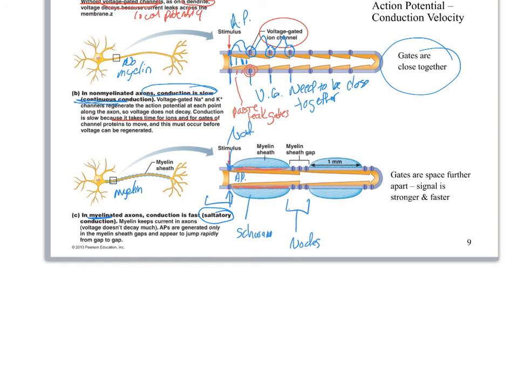But because there is no leaking, this signal gets all the way over to here where I have new voltage gates before it fizzles out. We pack in a whole bunch of them, and then a lot more sodium goes in, and then that's going to help that signal get from over here to the next node of Ranvier. Now you can see